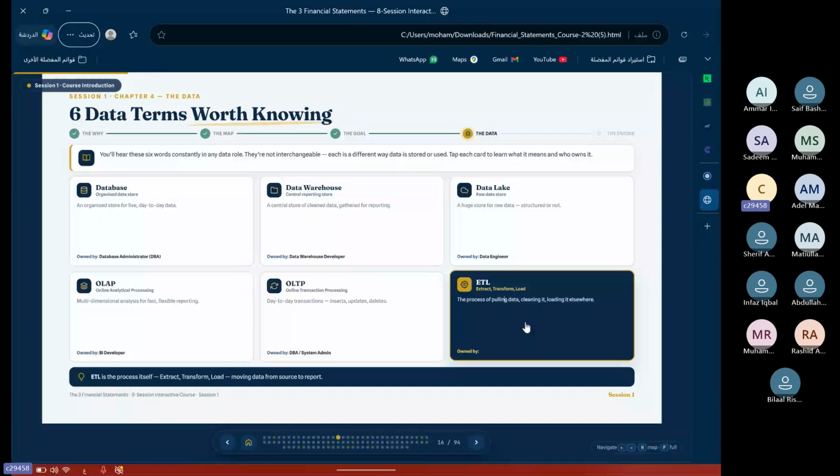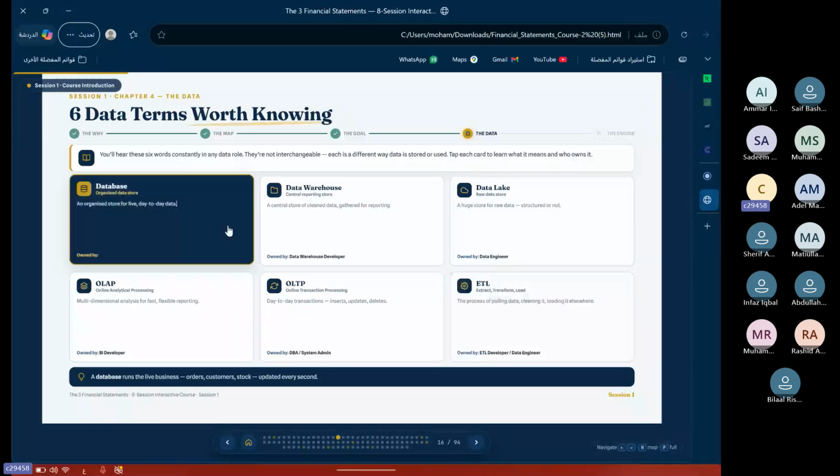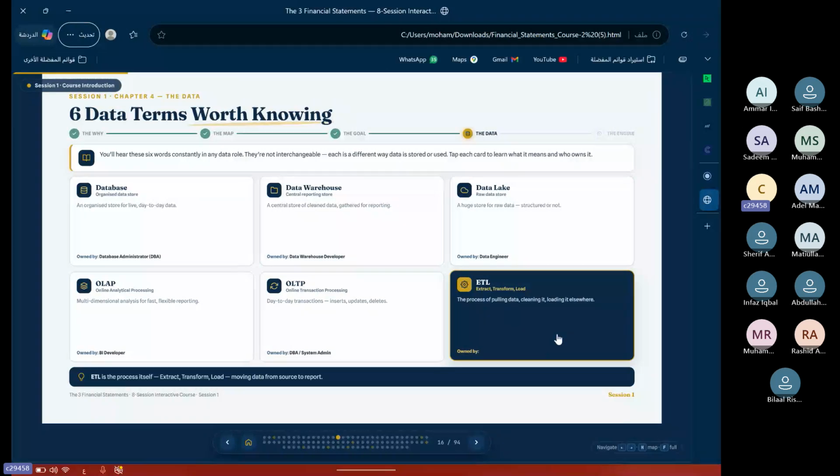And Power Query works on this. We extract or load the data to it, then we apply some steps. We clean the data, then we load it to our model. So if you understand database and ETL, these are the two very important terminologies that we need to understand very well. And if it is not clear enough, please search on it because it will change your mind.